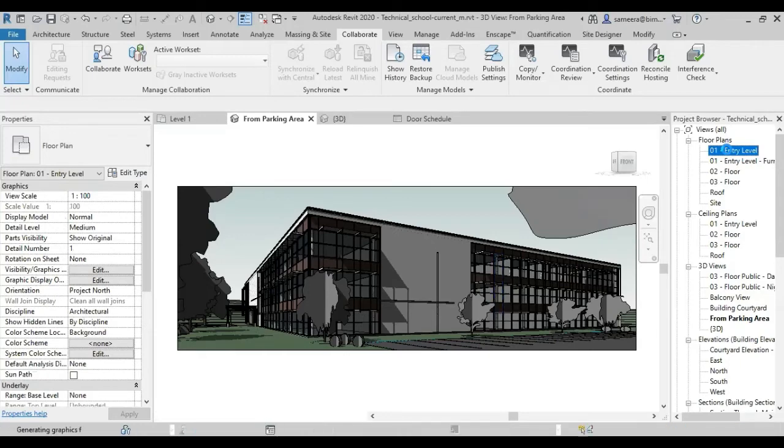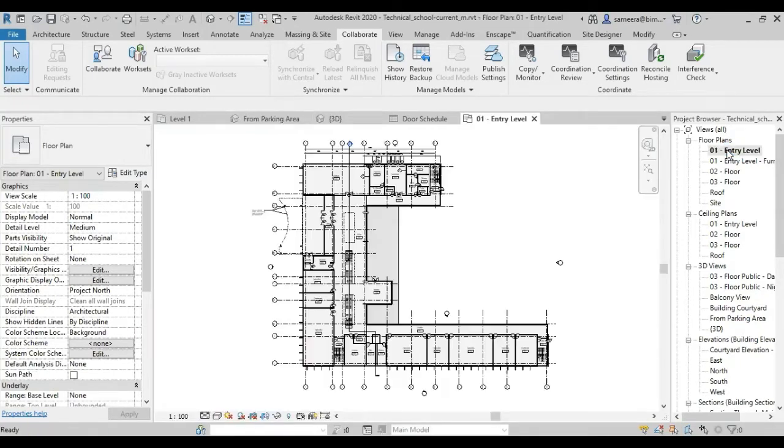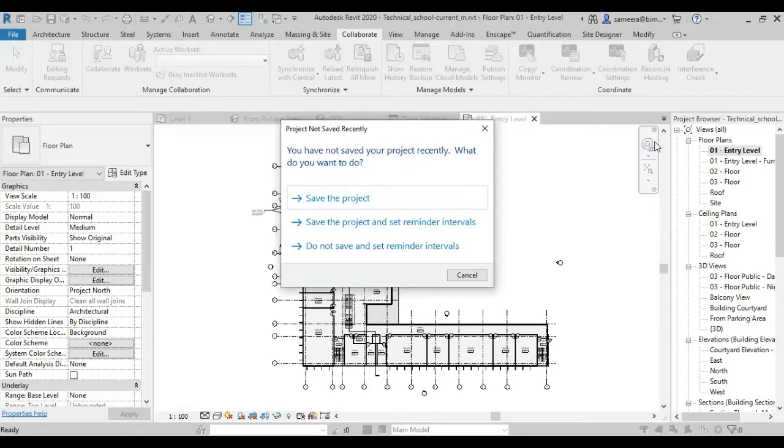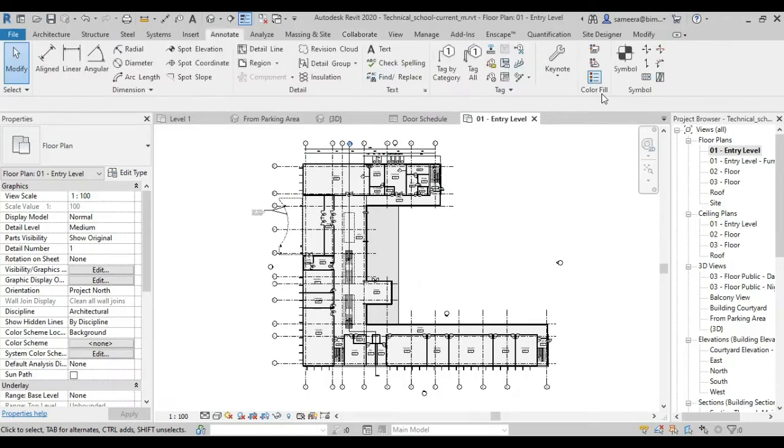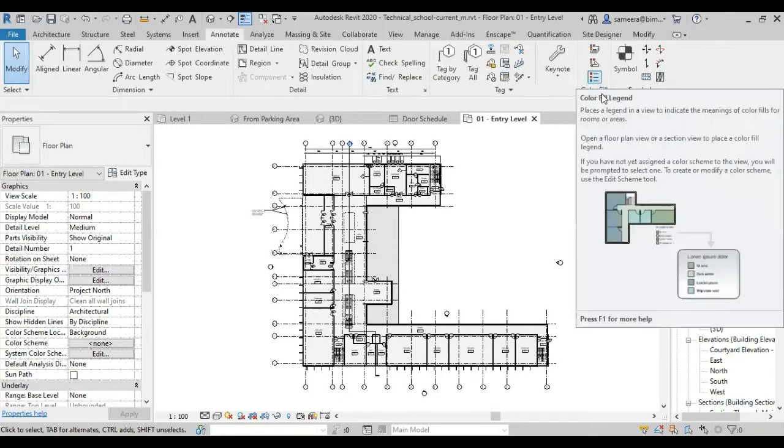Then also about the color legend. If you have a room or an area, we can do the color legend, right? We can mark our rooms or areas in a legend type color manner. So go to the Annotate tab. Here you can see Color Legend. So you have to place room tags, or you can have default room tags in the file that you're opening. Then you have to place the color legend.